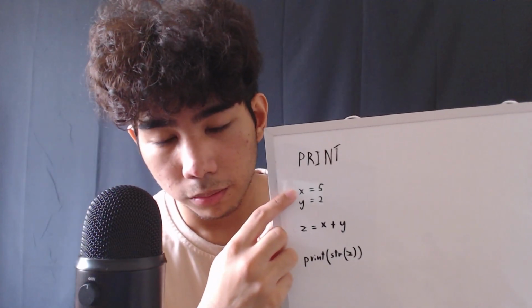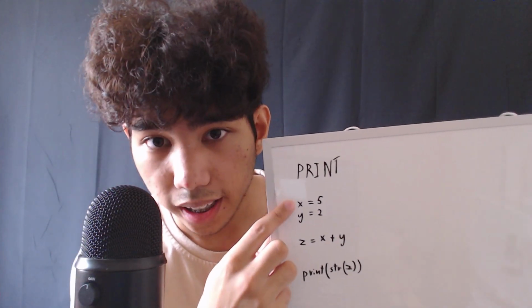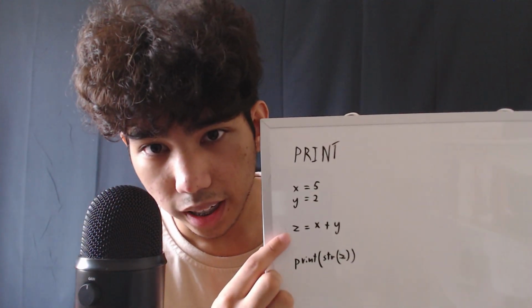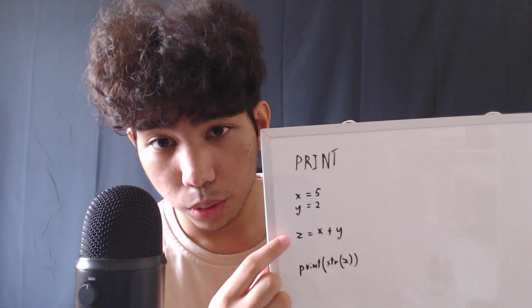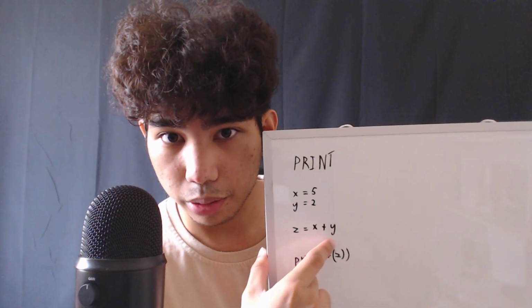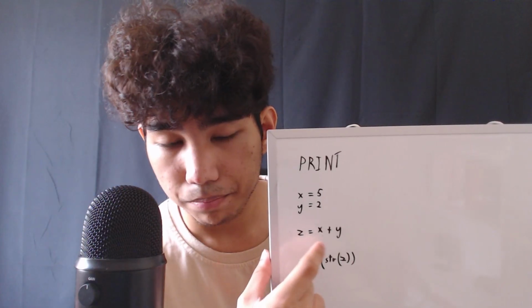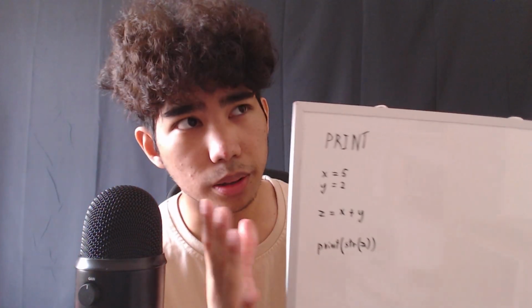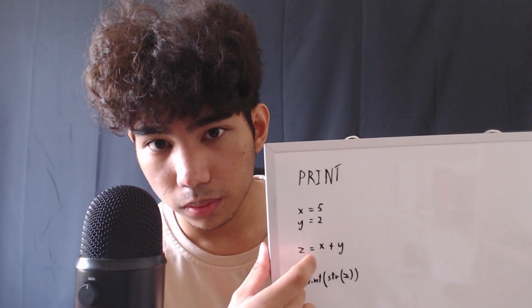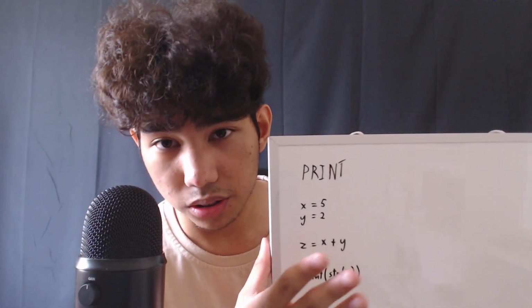Now I got another example. So we have still the same variables: x, y. X has the value of 5, y has the value of 2, and let's say you want to add them both. So what you do is you put z first, because you're trying to attach these variables into z, so that z has the value of these two variables, and with the addition sign placed